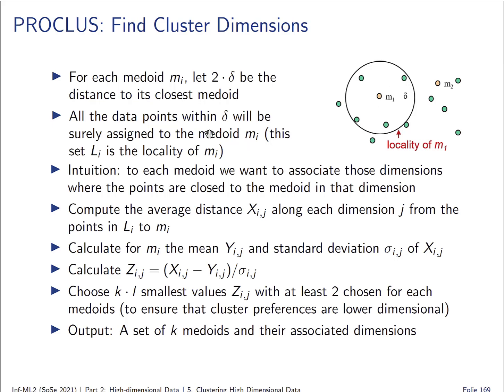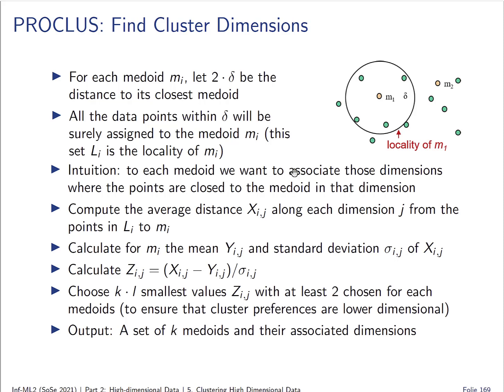Now we define all the data points within delta around M1 as the so-called locality of M1, and all those points in the locality of M1 will most likely be assigned to this M1, because they are closer to M1 than to any other medoid. That is fine. Okay, so now to each medoid, intuitively we want to associate those dimensions where the points